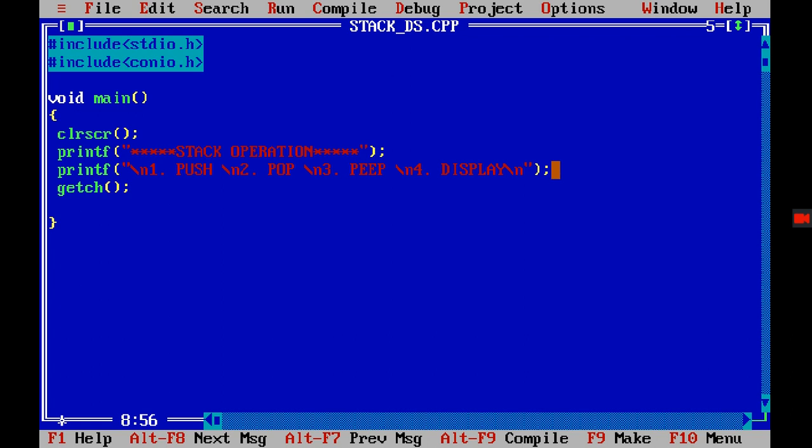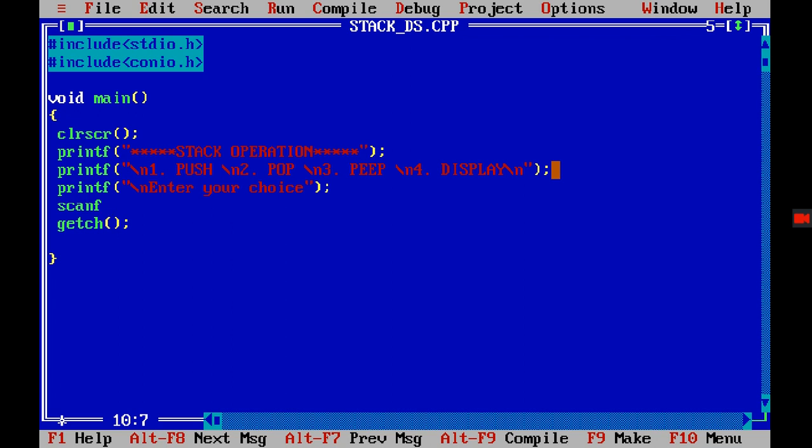For the options, we can use switch case. First of all, I'm asking the user to enter your choice. That is stored in some variable.